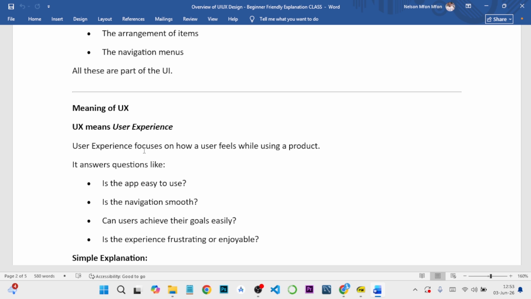So now you ask yourself, this app I just finished using, or this website I just visited, was it easy to navigate? The navigation, was it smooth? This app, is it easy to use? Now ask yourself, if you were able to achieve your goals easily, like now, for example, a banking app,